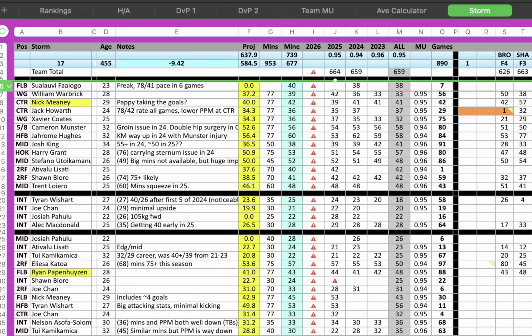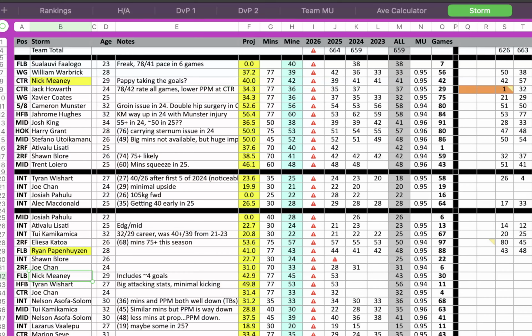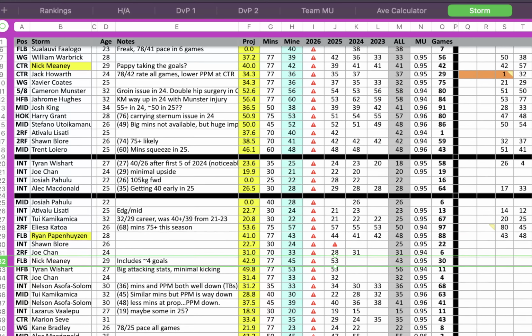So I've got various rows for each player. Who's someone who plays a lot of positions? Well, Nick Meaney's one, so I've got Meaney the centre. I've got 42 games in the sample for how he performs at centre. Got Meaney the fullback down here, 30 games in that sample.